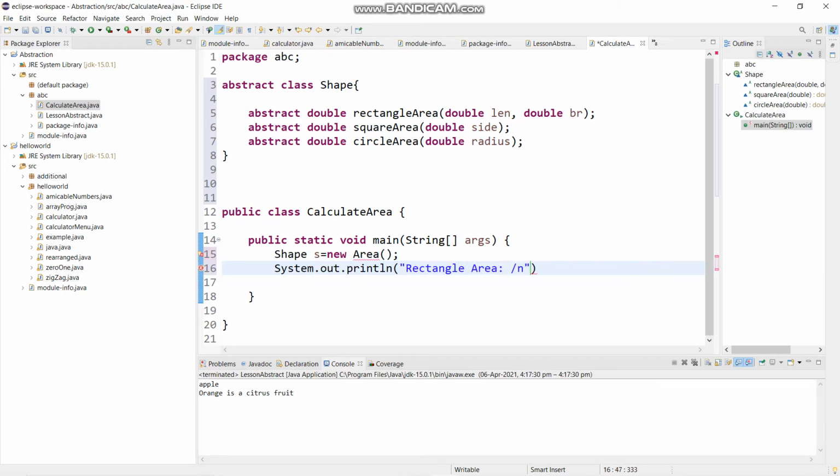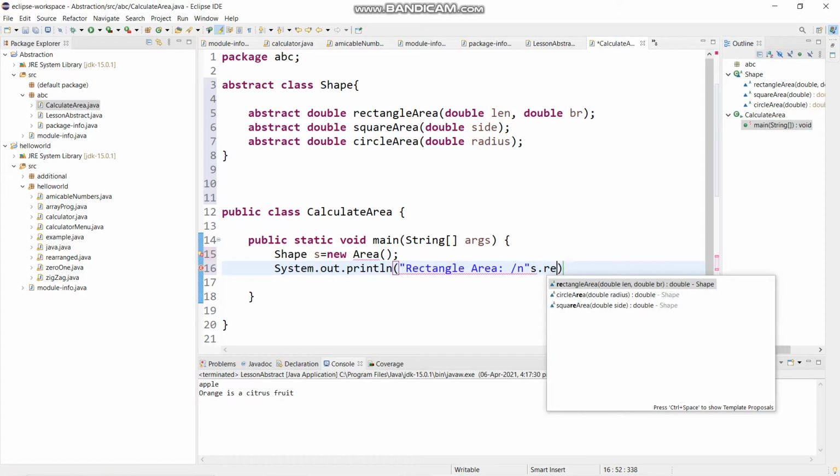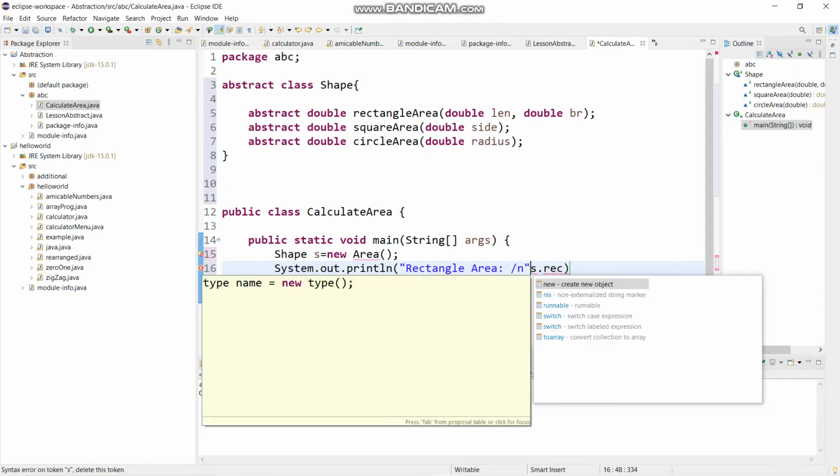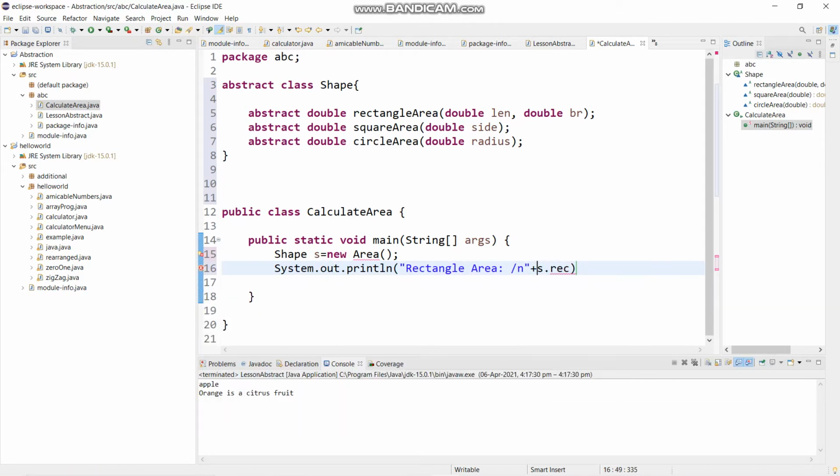Then inside the bracket itself I would concatenate the object I have taken, so plus s dot rectangleArea, and inside it I have to give the parameters, that is 10 into 10, just for checking. And then I end this line with the terminator.